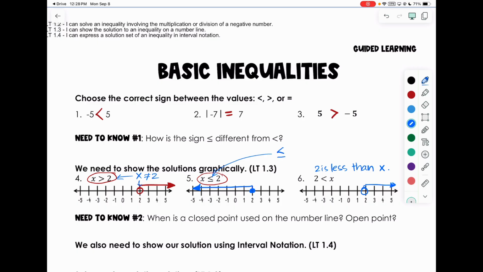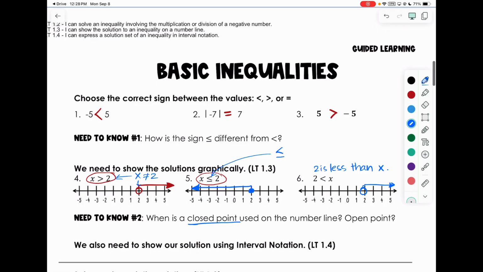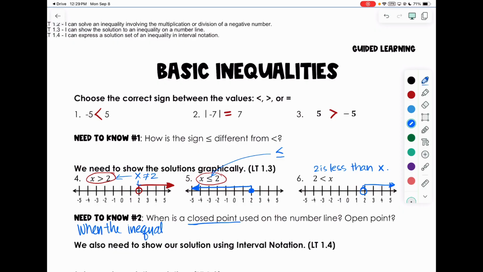So let's see. Need to know number 2. When is a closed point used on a number line? We just answered it. When is a closed point used on a number line? When the value is equal to... Okay, how about when the inequality, because that's the inequality expression, right? When the inequality includes or is equal to